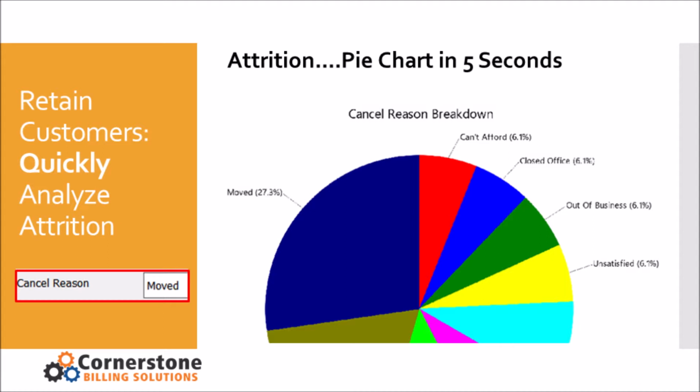So they enter a cancel reason, and what that then allows them to do is to run a report, and the first page of that report is this pie chart. So you can see the cancellation reasons shown here. Some of these you can control, maybe bad service, unsatisfied, you see on the right-hand side, or some you can't control. Somebody moves, there's not much you can do about it. But at least there's data here to start to look at, and you get a sense for what's good, what's not good, what do we need to focus on fixing.